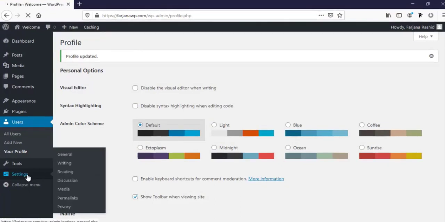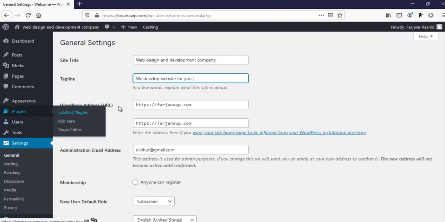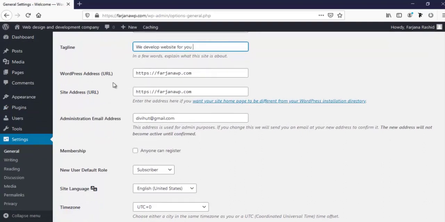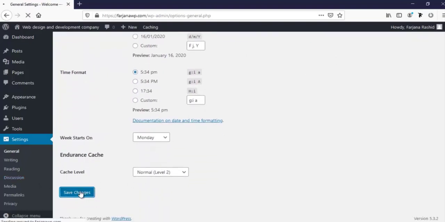Next I am going to settings, and from general here we can set our site title. So here I am typing website title, for example web design and development company, and tagline we develop website for you. Okay, and from here we can change our website URL, and from here we can change our admin email address, and here others is okay for now. Now I'm going to save changes,